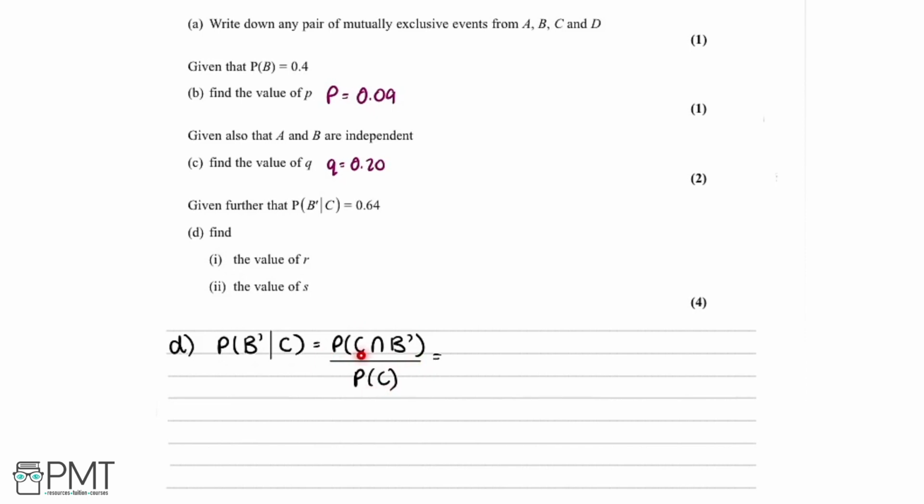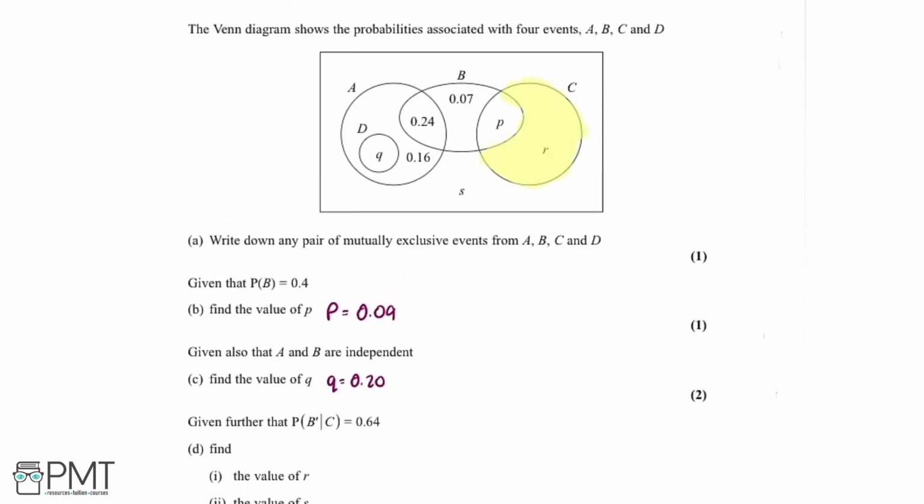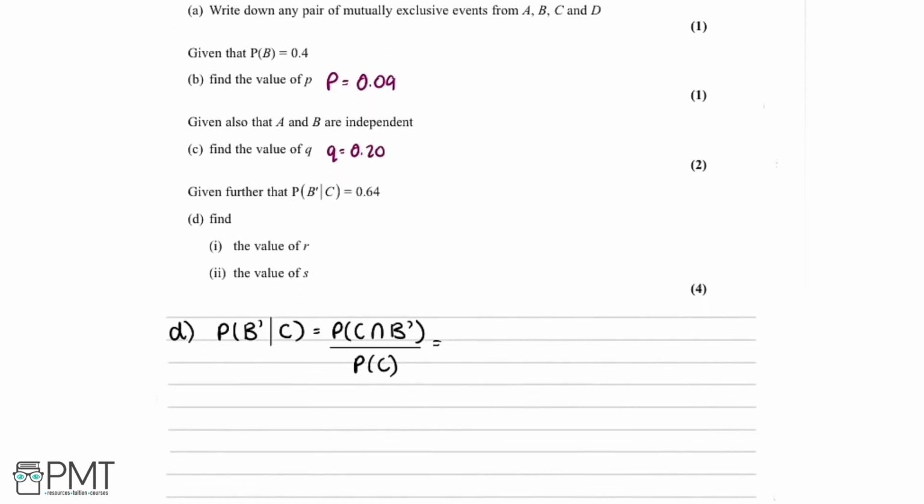So we've got the probability of C intersection not B. So we're going to look at the diagram and see if we can work that out. So what we're going to be looking at is this area here. As you can see, we've got C here, and it's where it intersects not B. So not B is anything that's not this area here. Well, the bit where not B and C intersect is this area here, and we see the probability of that is just R. So we can say this is going to be R, all divided by